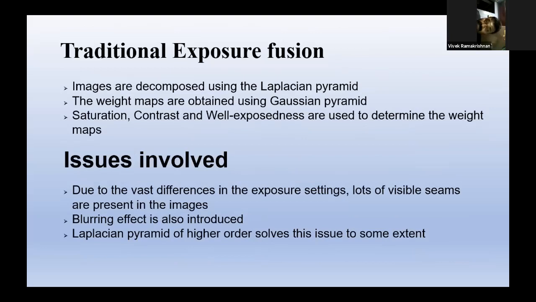So now, traditional exposure fusion. How did Tom Mertens solve this problem? By using a Laplacian pyramid, right? He first decomposed the image using the Laplacian pyramid so that you get the pyramidal decomposition. Then he used three parameters: saturation, contrast, and well-exposedness, right? The basic reason is we are going to bypass the route followed now. So what was the route followed in the previous years before exposure fusion came?